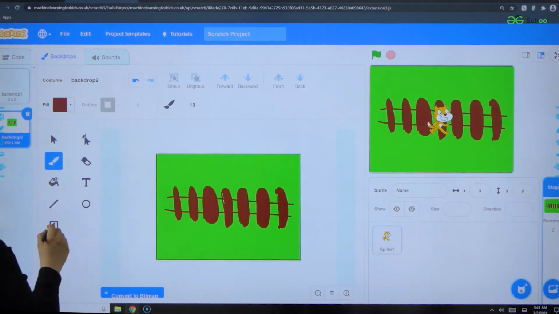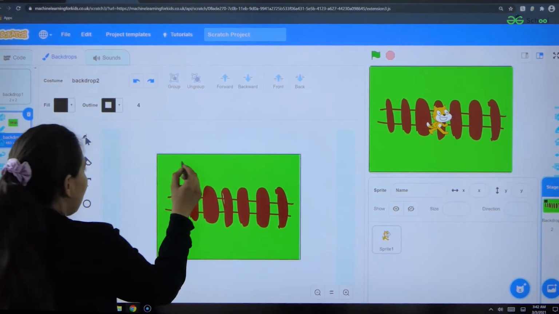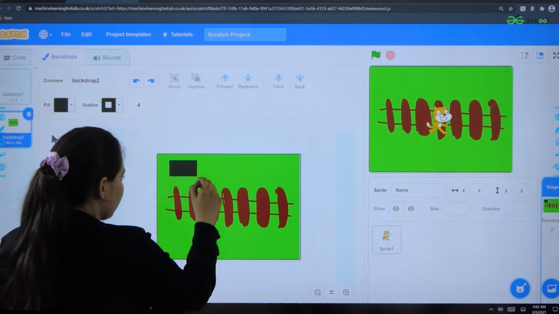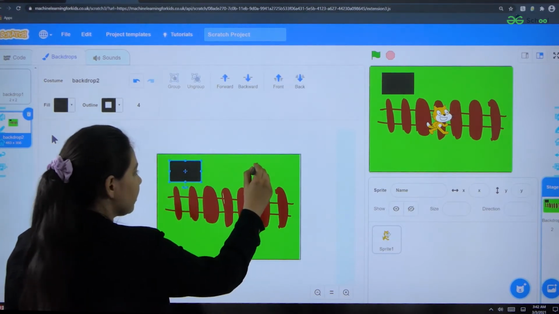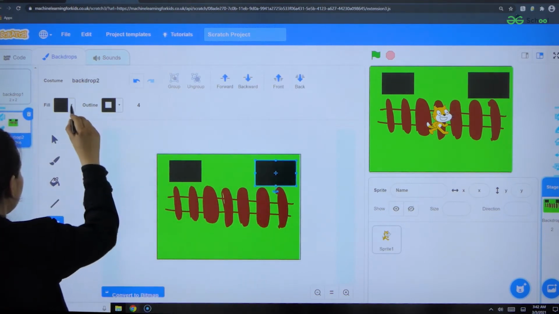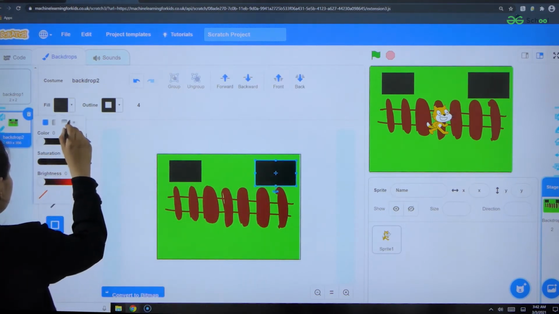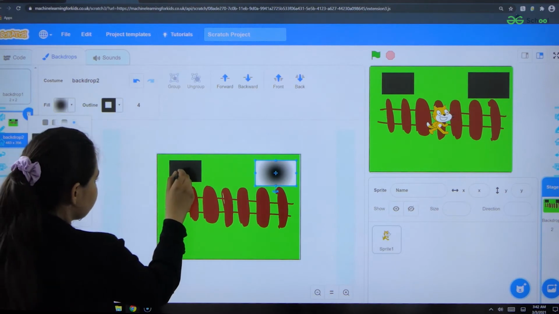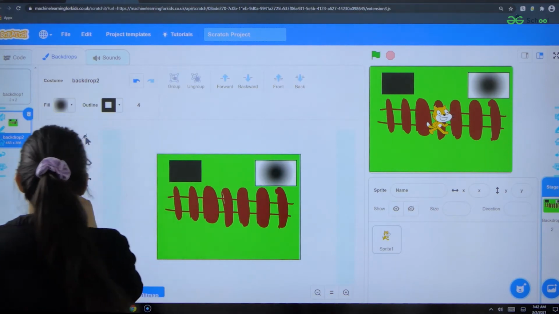Now I'm creating two blocks so that I can differentiate my two types of animal, that is cow or sheep, and I'm selecting some gradient color.